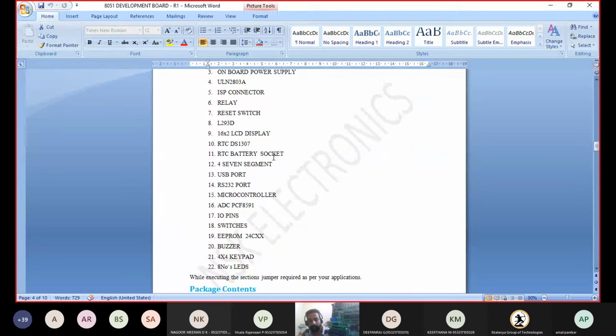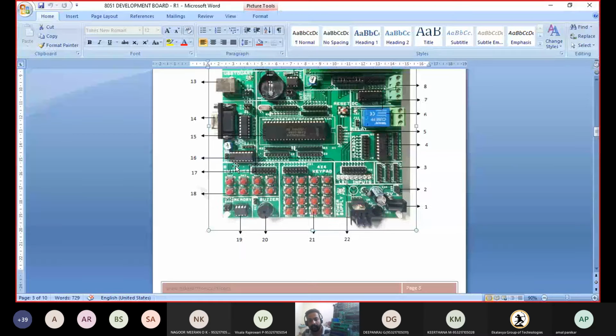Next, the 16th one is the ADC, analog to digital converter. Next, the 17th one. I am not seeing the 17th one correctly. Which is the 17th one? This is the 17th one. The 17th one is nothing but port 3.0 to port 3.7. There they have written port 3.0. Each and every pin has one bit in port 3.0 to port 3.7.